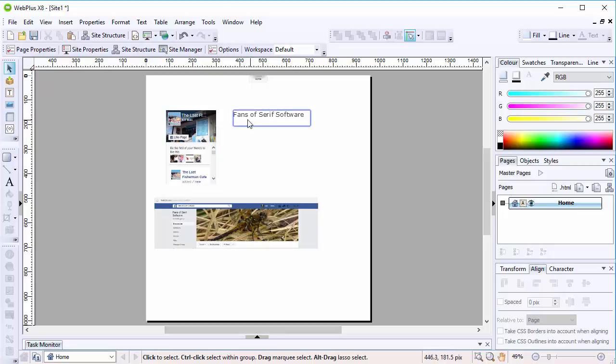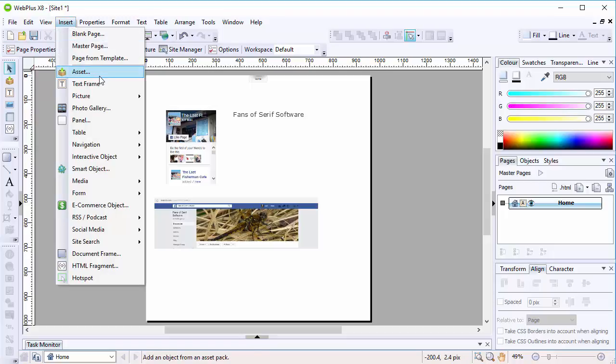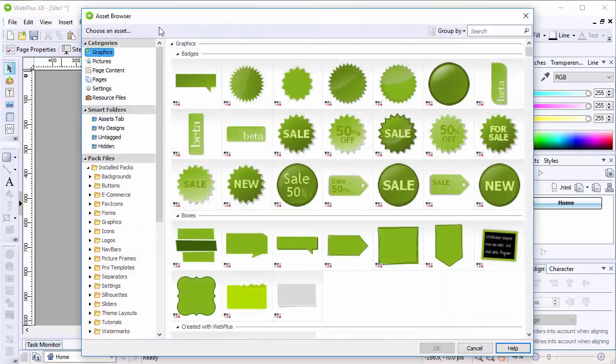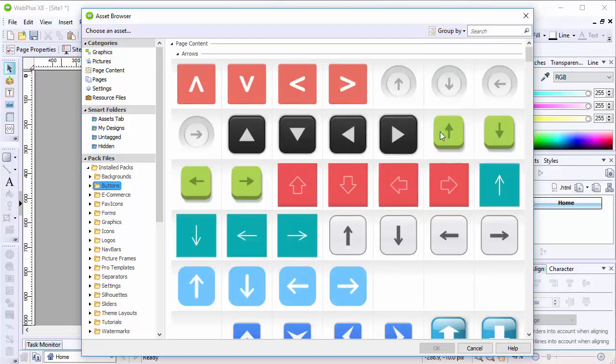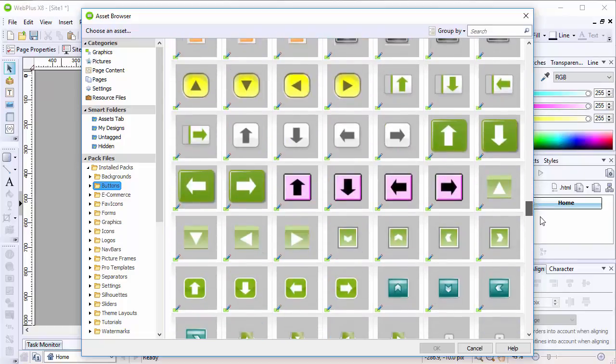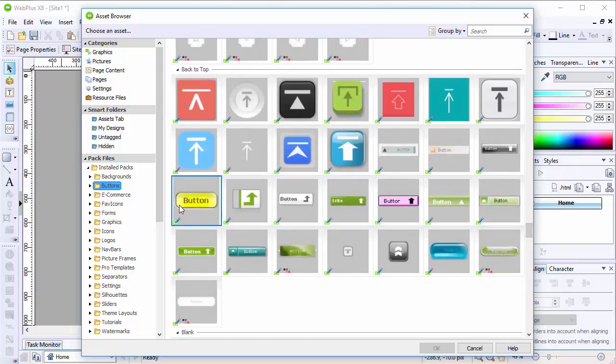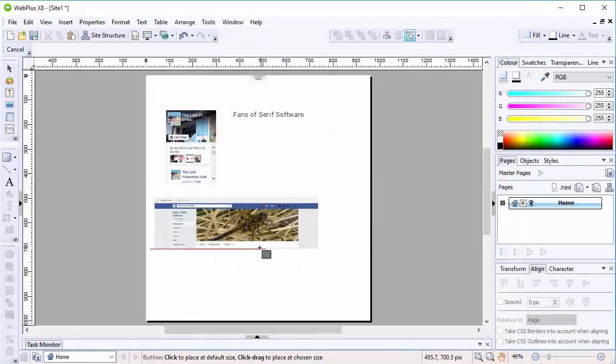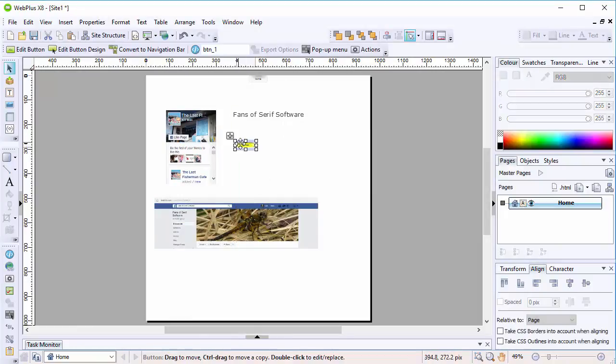Now if you don't want to have the text like that or an image like that, you can use a button. You can do this as an insert. We go to insert and an asset. The asset browser opens up, and from here I'm going to select buttons, and you can pick any of these. I'm going to pick one with some writing on because obviously I want to edit it, but I'm going to select that one that just says button, click OK, and then I'll just plonk that there,